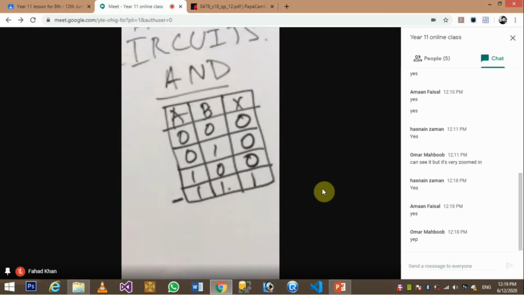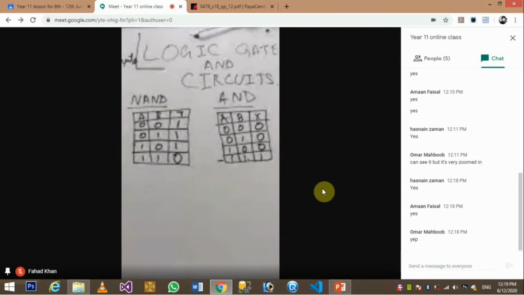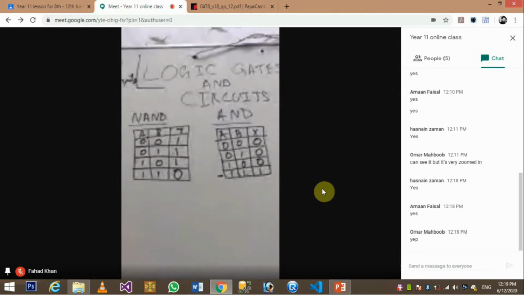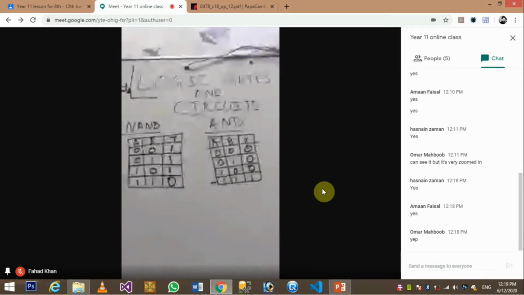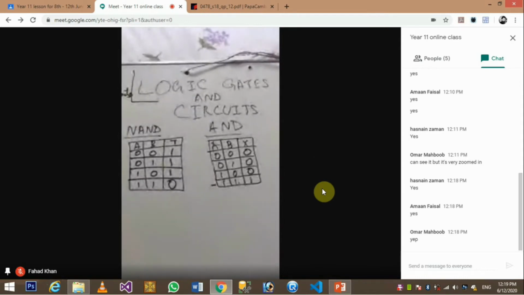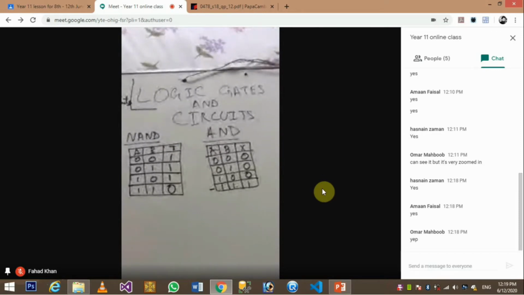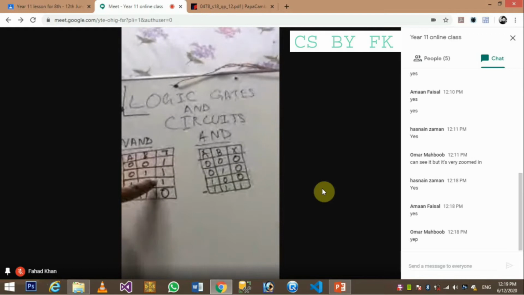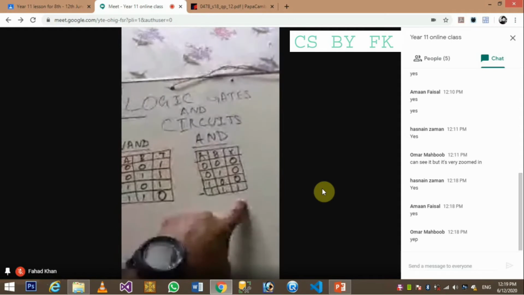All right, so now as you all can compare both NAND and AND, in the AND only the last one is 1, right? Only the last output is 1, that is for 1 1. And here in the NAND the truth table is reversed, right? The output is reversed from the AND gate. In the NAND you see this is 1, this is 1, this is 1, but here these all three are 0, right? And the last one is 1, and here the last one is 0.